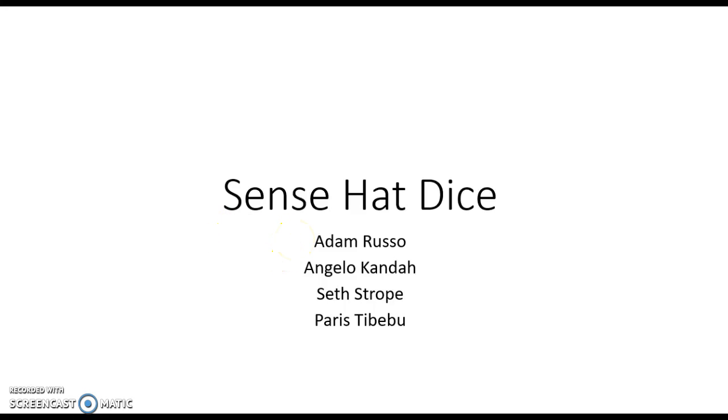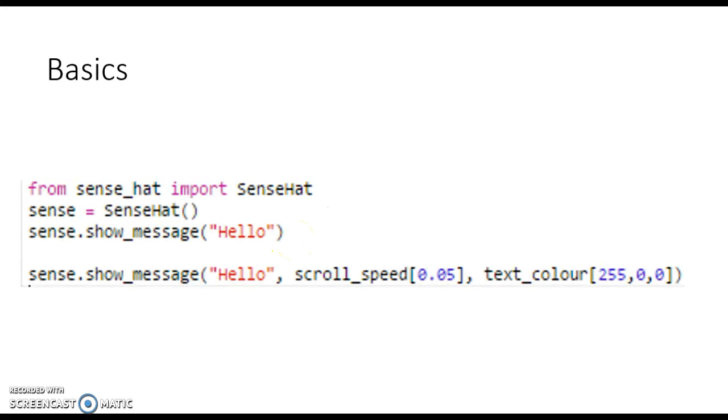This is the SenseHat dice. Initially, you want to open up the Python 3 on the Raspberry Pi. The first thing you'll want to do every time you open up the Raspberry Pi is type in this line,